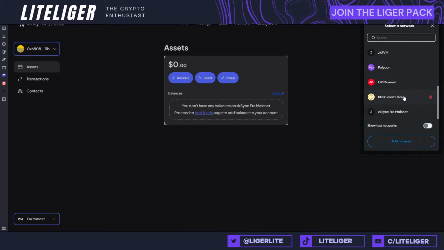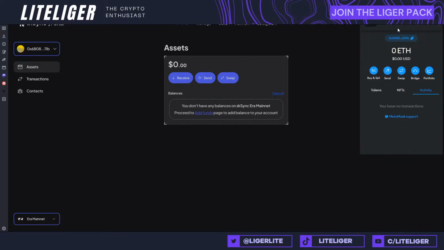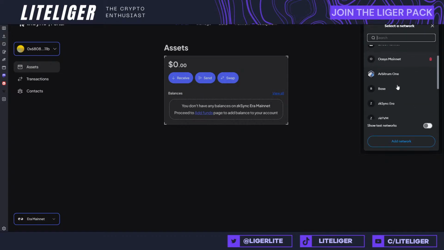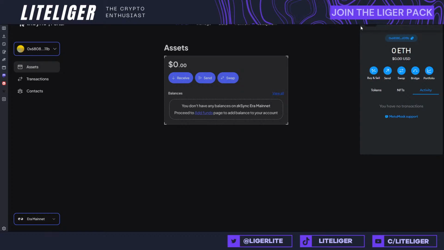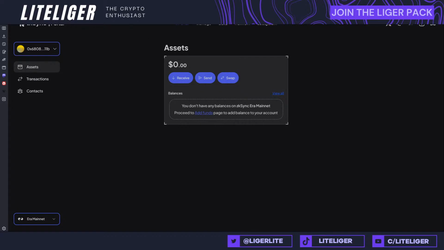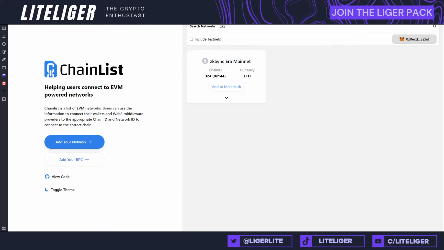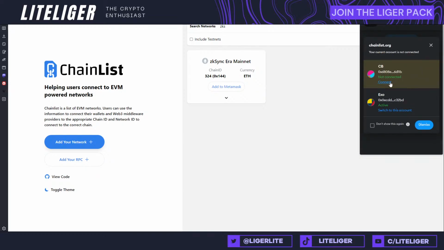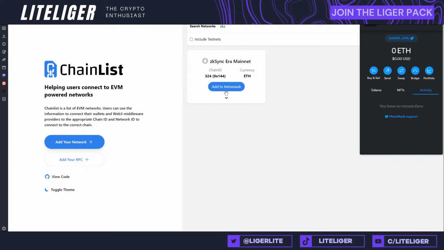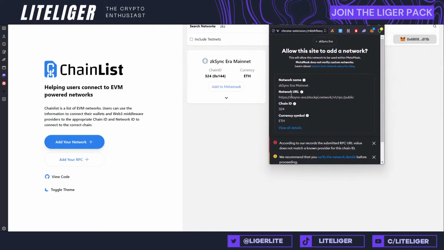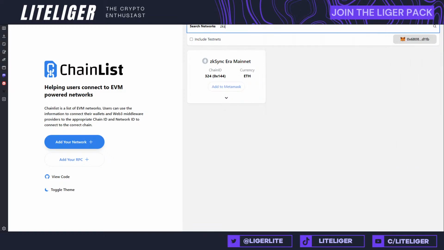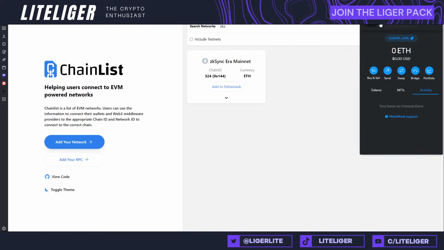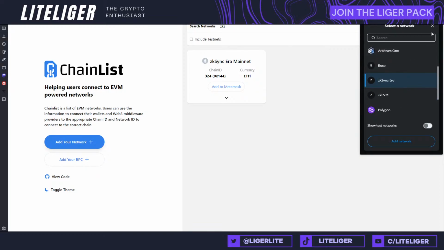And I do want to remind people that there's actually two Zksync era mainnets here, but these are exactly the same. This is just a different RPC. I think, yeah, exactly. So now that we have, let me actually confirm this, so disregard this altogether. What we are going to be adding here is the mainnet, that is chain ID 324, and I'm going to make sure that the other Zksync here is not some faulty thing.